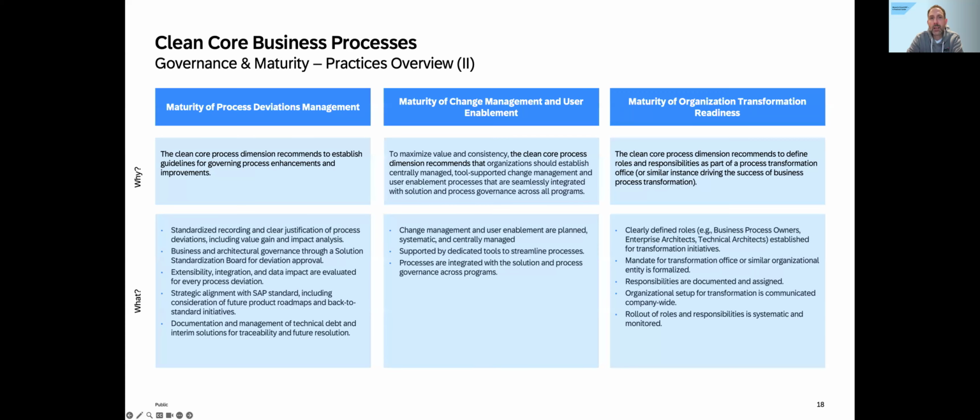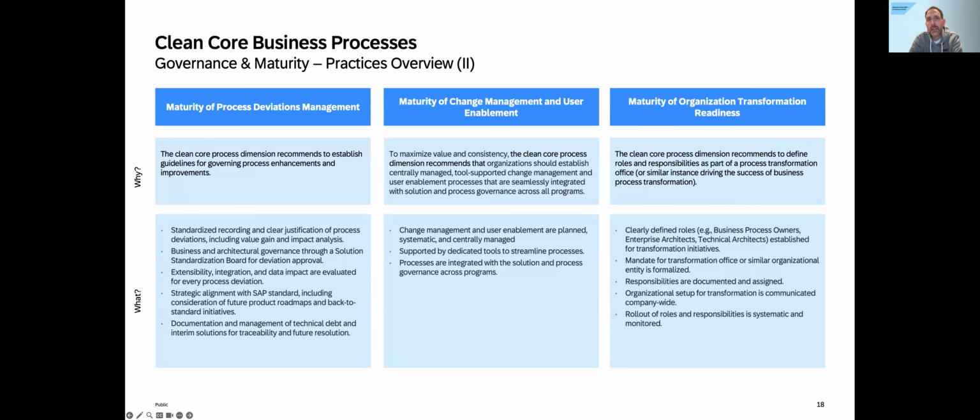Is it something that is more at an ad hoc level, where everyone does it their own way, or do you do it in a structured manner? Do you have change agents, change buddies, etc.? And is change management integrated with regard to the processes, so that if I, for example, go back to standard in a certain process, I know what other processes are impacted, and then I do very dedicated change management for the roles that are impacted by that particular change.